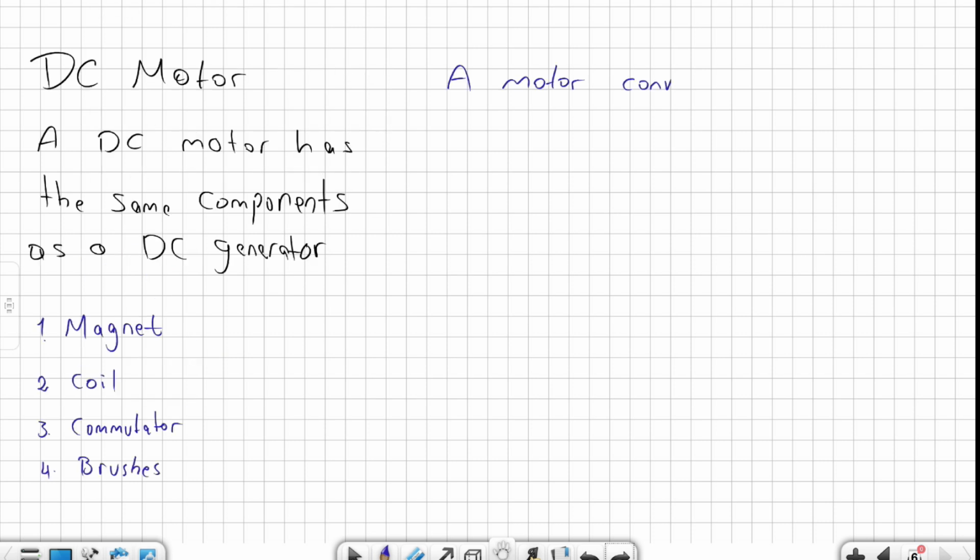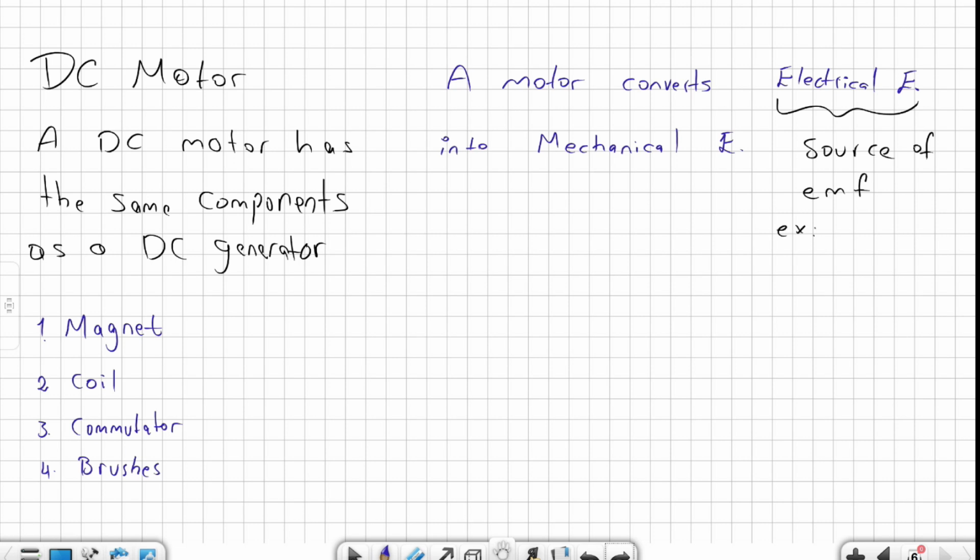We can say that a motor is a device that converts electrical energy into mechanical energy. We need a source of electrical energy. How can we get a source of electrical energy? We can use a battery because we are talking about the DC motor, so we need to use a DC source. If we have a battery and we connect it to a DC motor,